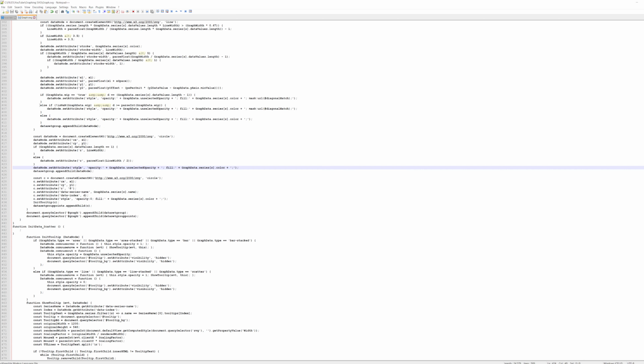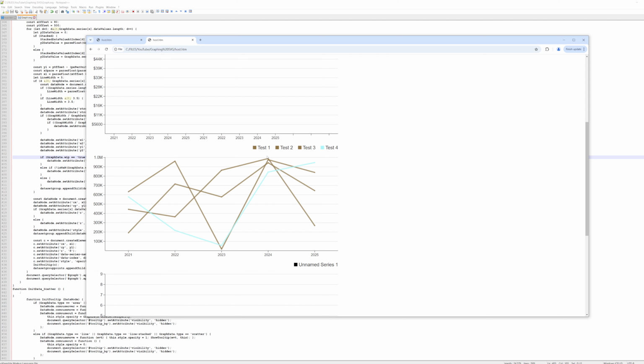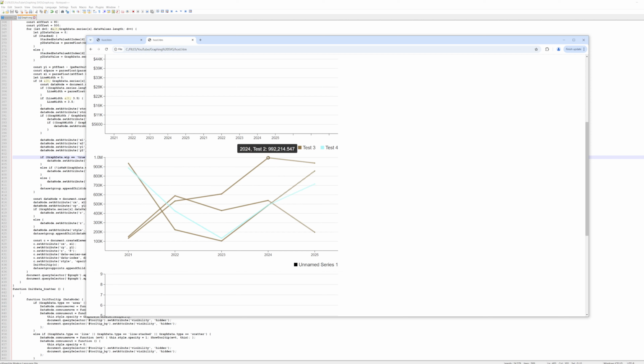So this one here is when it's integer based, and that's working. So maybe here I would say, now which data node is this? That's the line. So I think I would just say -2 instead of -1. Okay, so that's correct